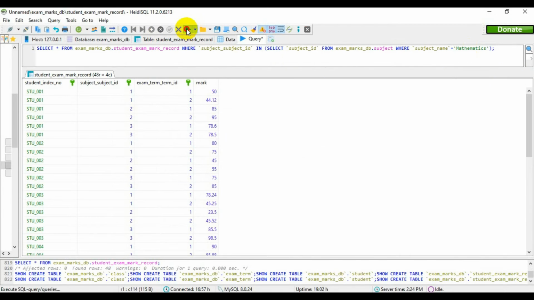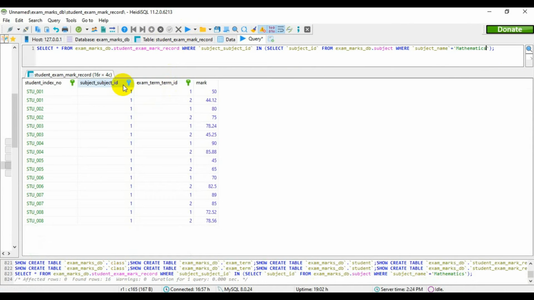So once I have this query, it gives me all the details of the students who sat for mathematics, but it also gives me the details for both first and second term, but I only need the first term, and exam_term_ID in